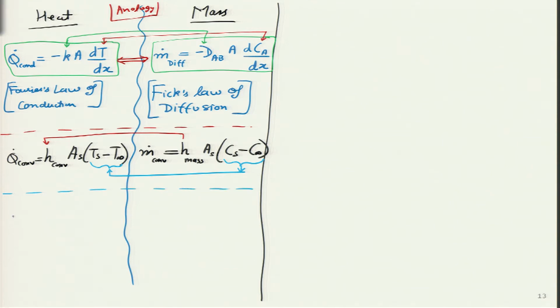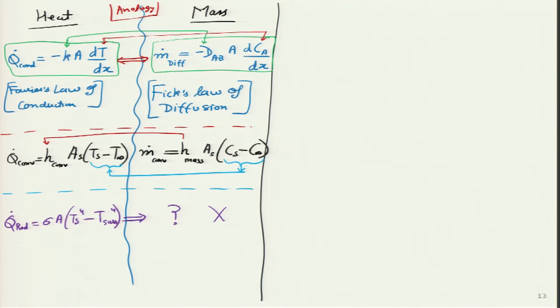Then what was the third mode of heat transfer? Q dot radiation equals sigma A Ts to the power 4 minus T infinity, I will write T surrounding, to the power 4. So, the only difference in heat and mass is that for radiative heat transfer we have a term, but there is no such thing as radiative mass transfer known to scientists and engineers. But if some student is inspired, they can figure out some if this thing happened in nature, but till now